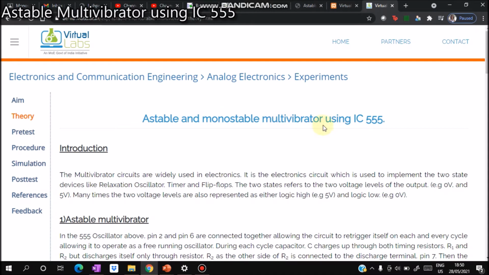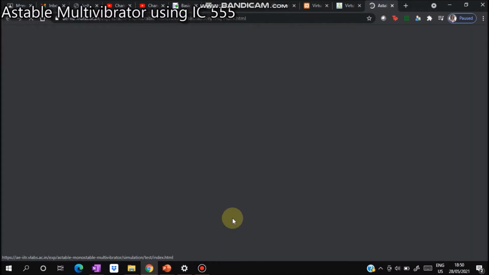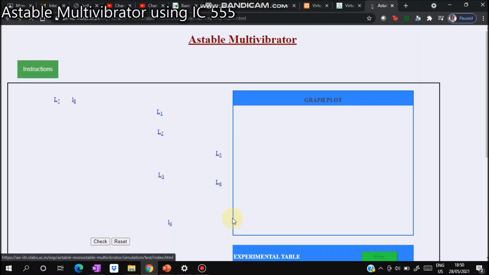Here we see astable and monostable multivibrator using 555 IC. So we'll go for simulation. We have two experiments, astable and monostable. Let us click one. When I see astable multivibrator using IC 555, here